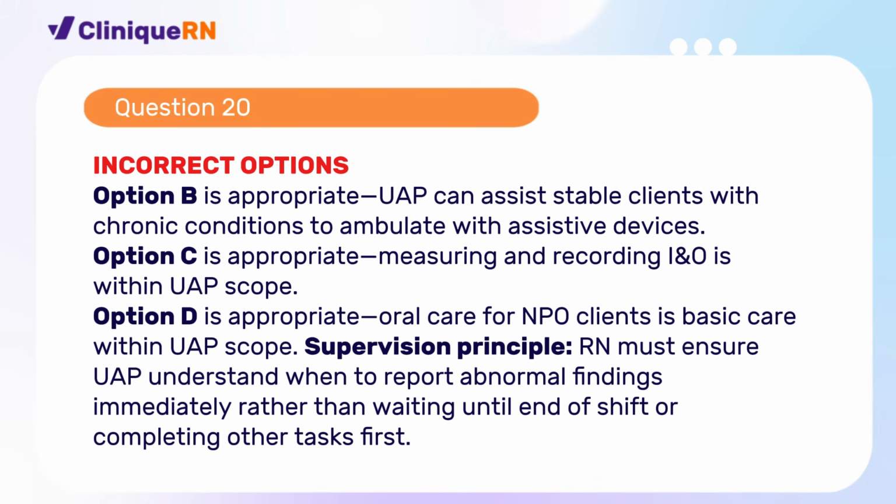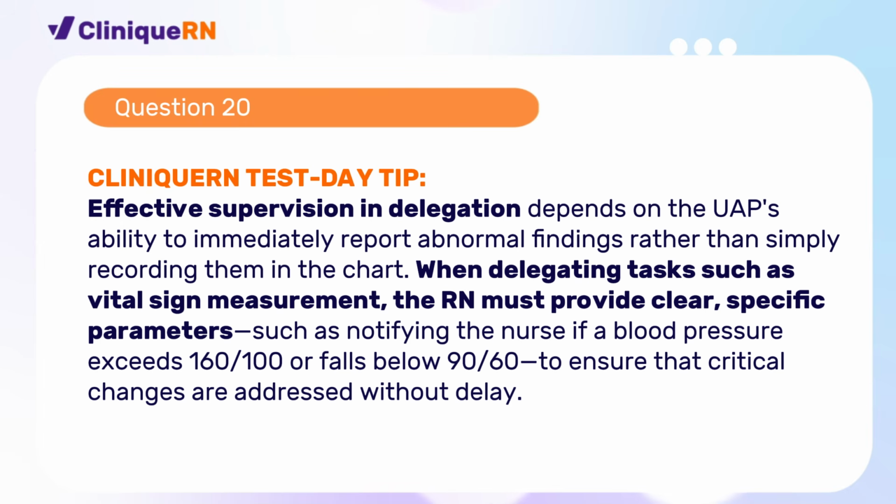Supervision principle. RN must ensure UAP understand when to report abnormal findings immediately rather than waiting until end of shift or completing other tasks first. Clinique RN Test Day Tip. Effective supervision in delegation depends on the UAP's ability to immediately report abnormal findings rather than simply recording them in the chart. When delegating tasks such as vital sign measurement, the RN must provide clear, specific parameters, such as notifying the nurse if a blood pressure exceeds 160/100 or falls below 90/60, to ensure that critical changes are addressed without